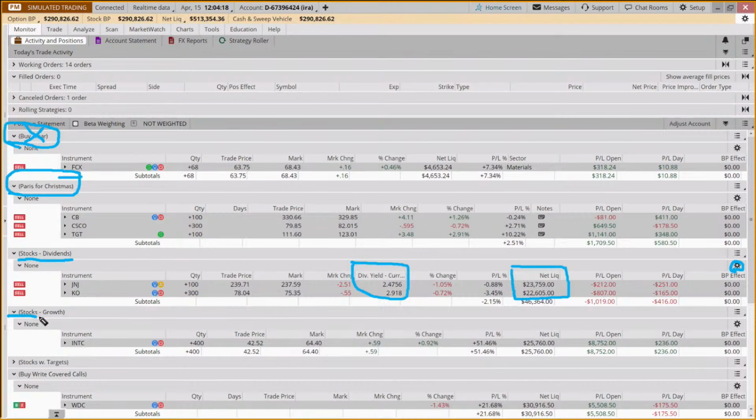And then you might want to have a group for stocks that you bought, that are trend trading growth stocks, or stocks where you're doing a shorter term trade. Stocks with a target. And when we talked about this last week, we just said maybe you anticipate maintaining most of your portfolio for growth and you want to let it grow over the long term, but maybe you're retired.